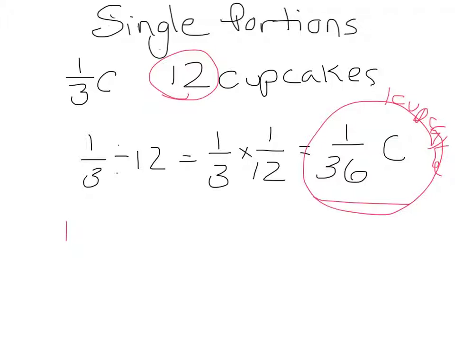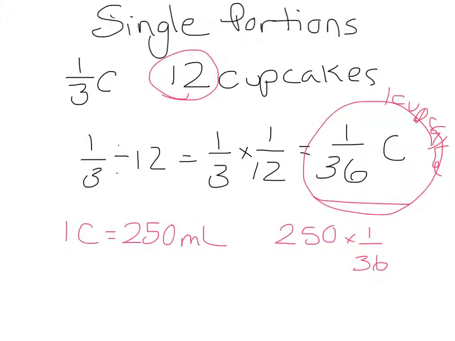And if we know that 1 cup is equal to 250 mils, then how much is 1/36 of that? So 250 times 1/36, and you have 250 over 36, and you pull out your calculator, and we get 250 divided by 36 is 6.944